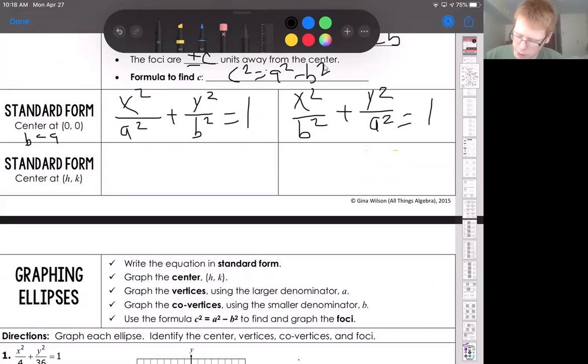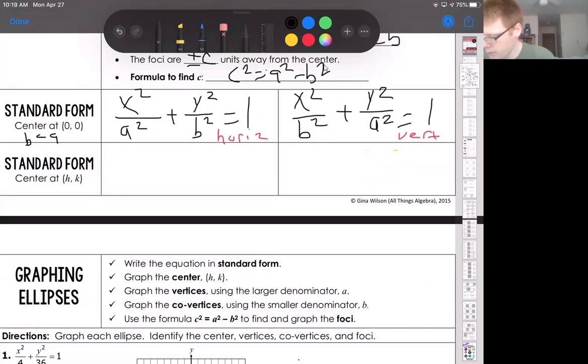So I'm just going to write a note here. So this would be a horizontal ellipse, and this box here would be a vertical ellipse, just based on where the bigger denominator goes. So if your bigger denominator is under your x part, you'll see it's horizontal. If your bigger number is under your y part, you're going to see you have a vertical ellipse when you're graphing. But sometimes, well, most of the problems we'll actually get into,